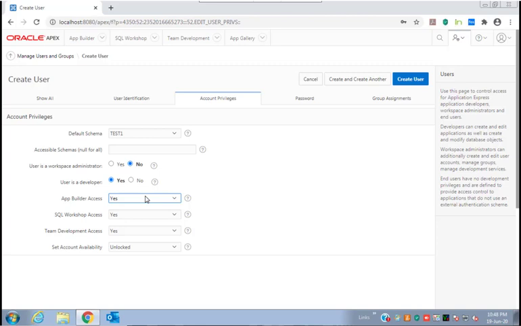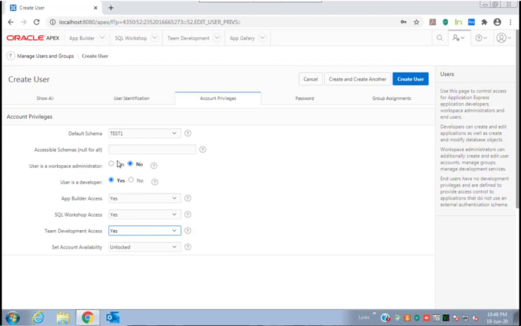We can manage here whether the user can access app builder. We can give access to a developer user, or access with SQL workshop, or access with team development. So here we manage it.